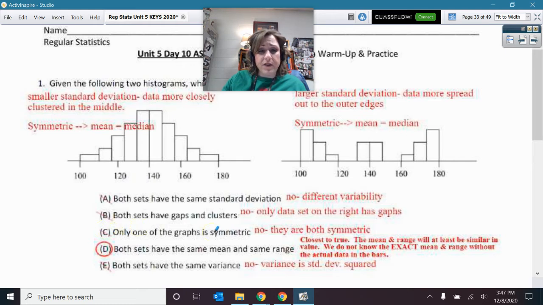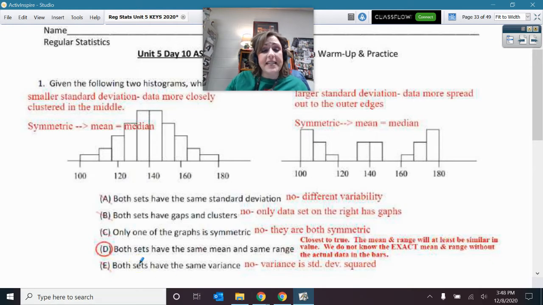Only one of the graphs is symmetric, and that's not true. They are both symmetric. Both sets have the same mean. So yes, it's at 140, it looks like, and the same range, so going from 100 up to 180. That's the closest to true. I feel uncomfortable saying that I know that that minimum is 100 and that maximum is 180. It's just somewhere in that bar. So I don't know the exact mean and range without knowing the actual data,